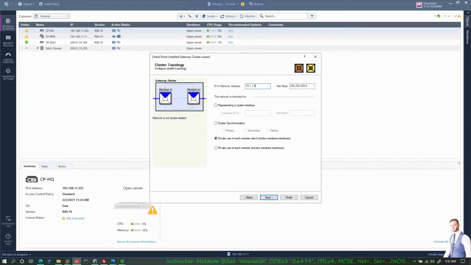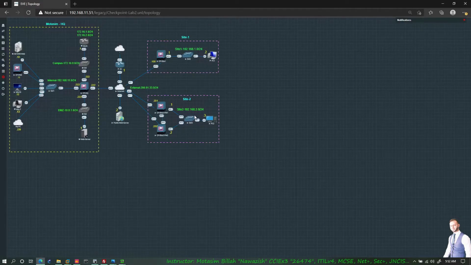So here, this is the subnet that I would use for the cluster synchronization. This is my primary one, and the other one would be the secondary. So I'll say next. And this is the internal subnet where I will use a virtual IP address, and that virtual IP address would be 192.168.2.254. Mask is 24 for the internal users. Here they will point their default gateway to that 254, which is the virtual IP address,